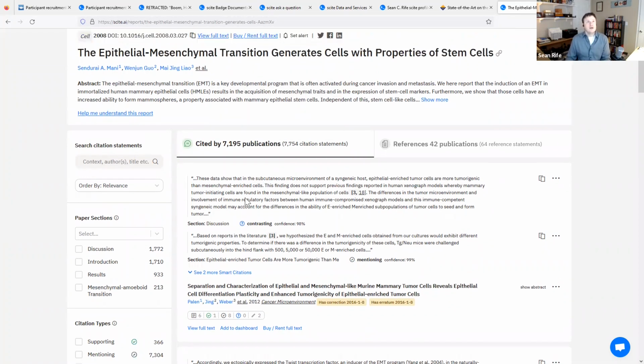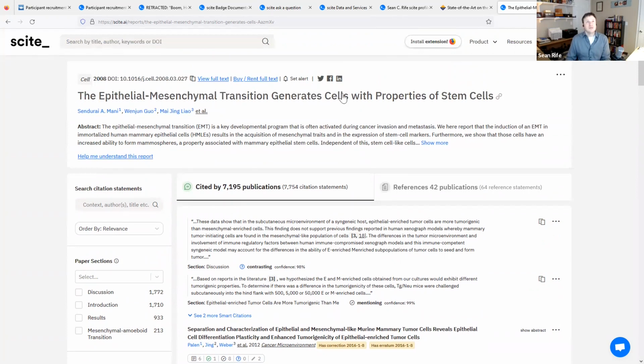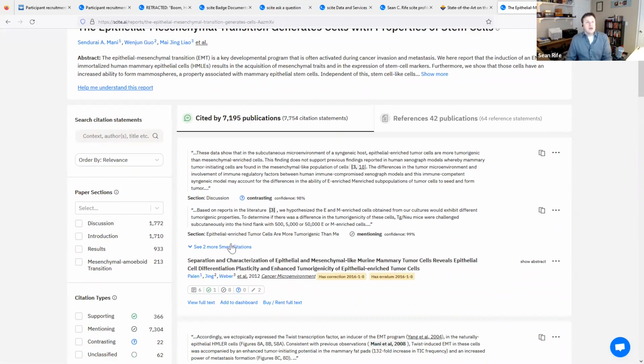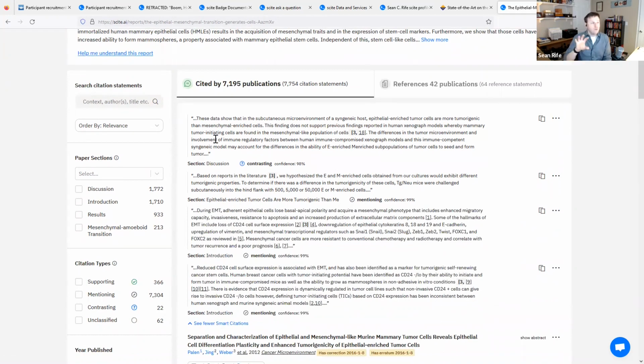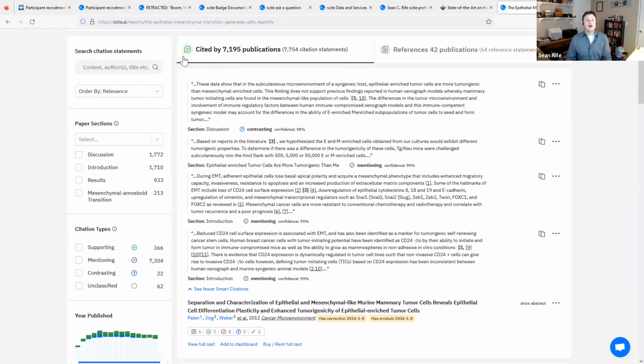So for example, this is a citation to this paper in Cell. It's about stem cells. And you'll notice that we have citations from this later paper in 2012. And this later paper actually has 4 separate citation statements, so 4 separate references to this article. And so they're all kind of grouped together in this box.